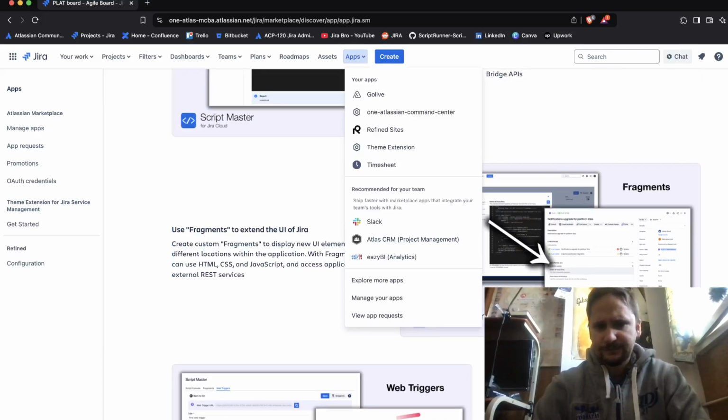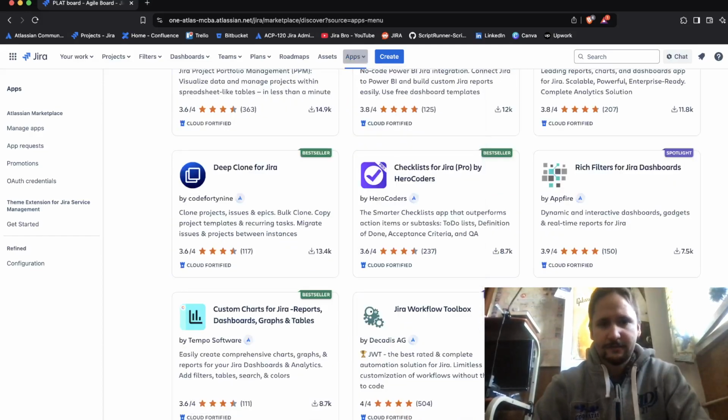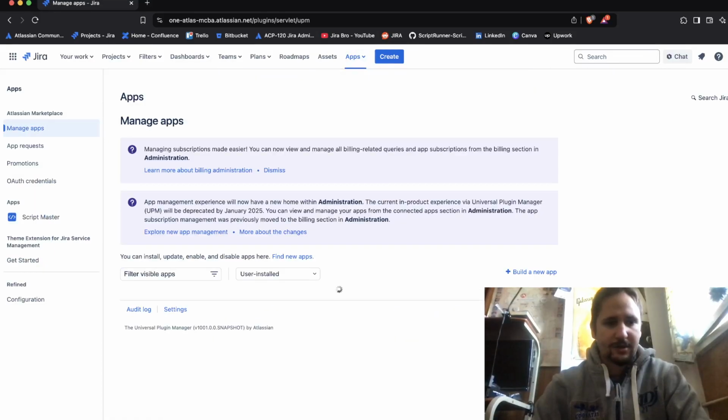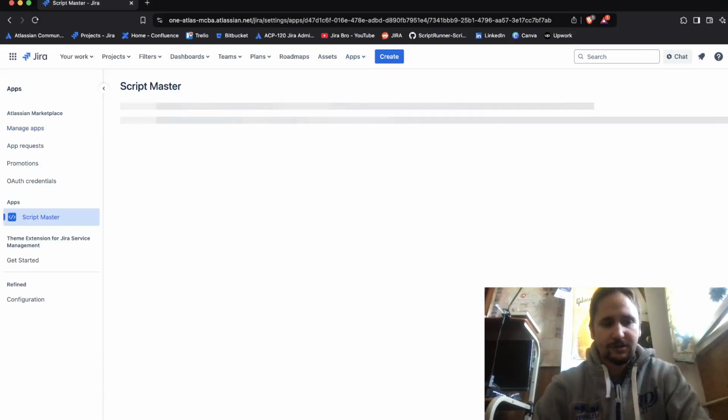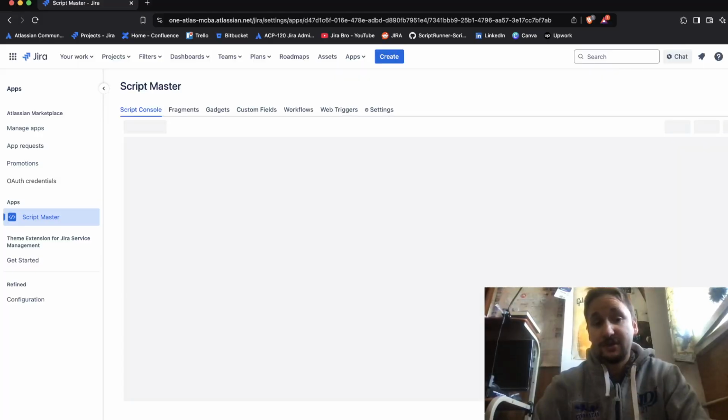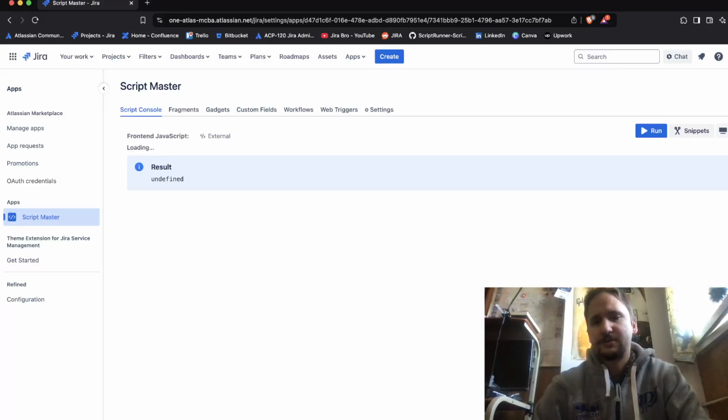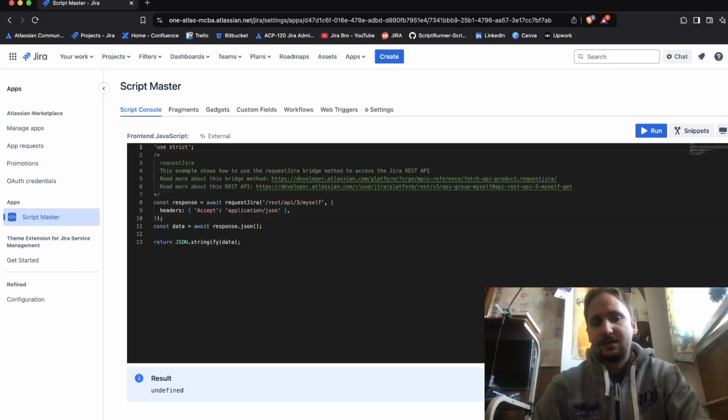You can access it when you go to manage your apps, and by managing your apps you're going to see it right here. It says Script Master. Now the Script Master itself, to my surprise, was built using Atlassian Forge. So it is using the Forge framework in order for everything to work. As you can see in here,